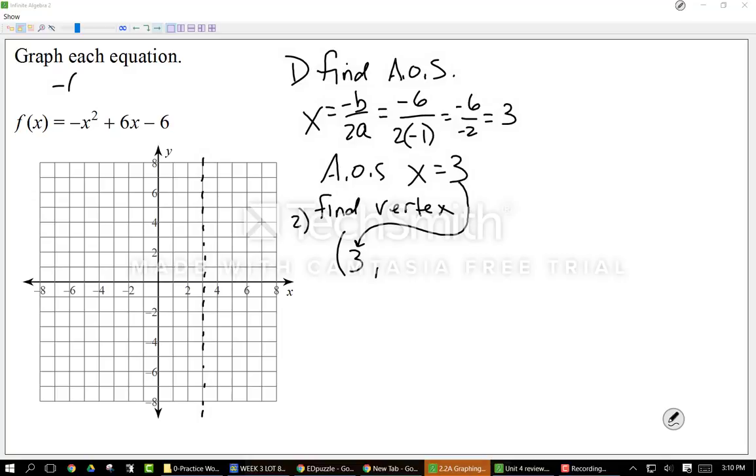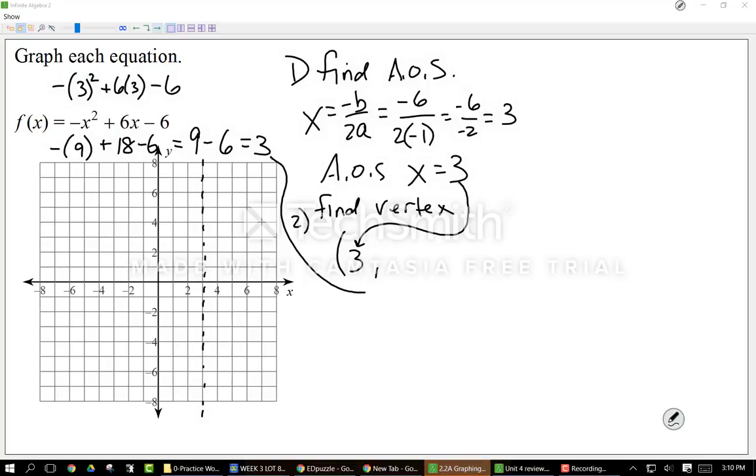I get negative of 3 squared plus 6 times 3 minus 6. So that's negative of 9, 3 squared is 9, plus 18 minus 6. Negative 9 plus 18 is 9, minus 6, and I get 3. That is the y coordinate of the vertex. So 3, 3. Plug it in, and then we graph it. 3, 3. Our third step, remember, is we're going to pick points,